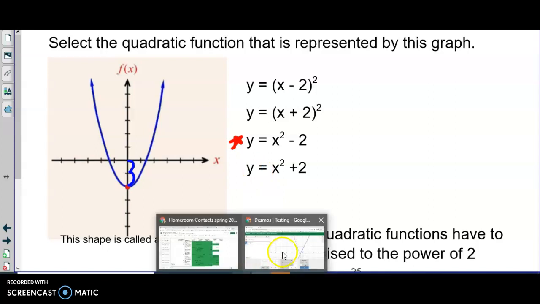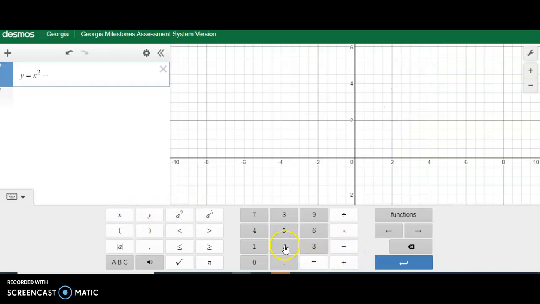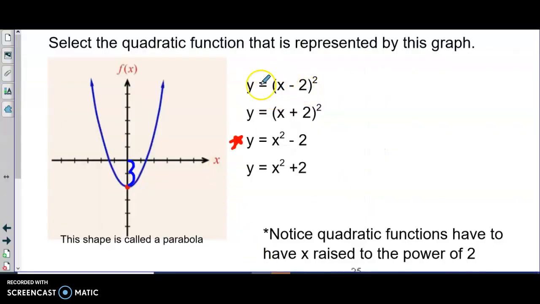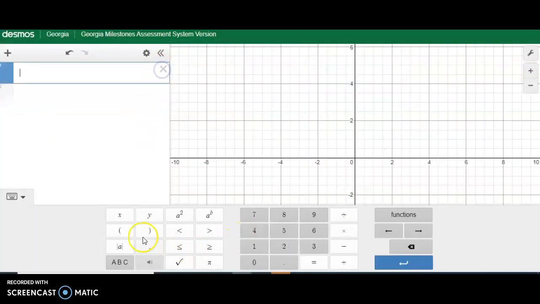So I'm going to go to Desmos, and I'm going to type all these in and see which one looks correct. So y equals x squared minus 2. That actually is the correct graph. See how it crosses down here at -2? If you had typed in any of the others, like let's do this one, y equals parentheses x minus 2 squared. If you had typed this one in,